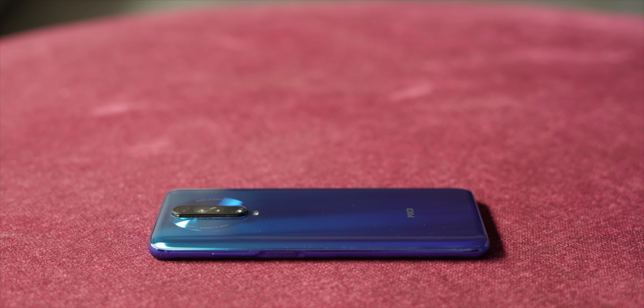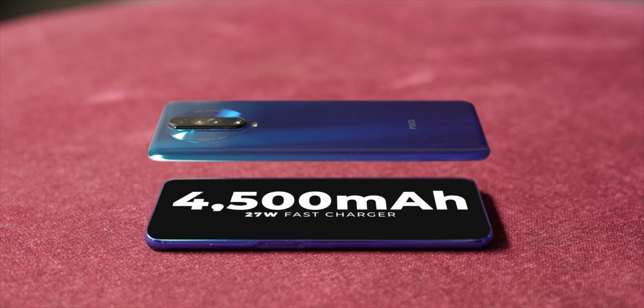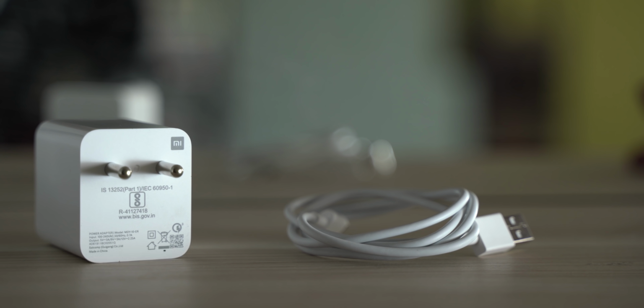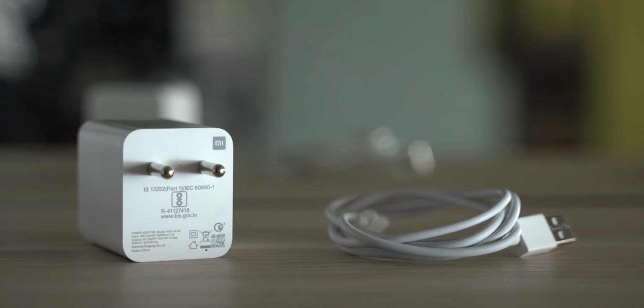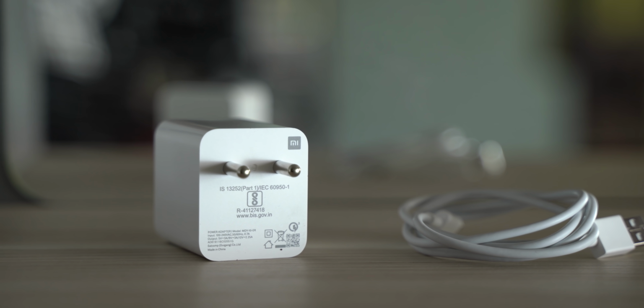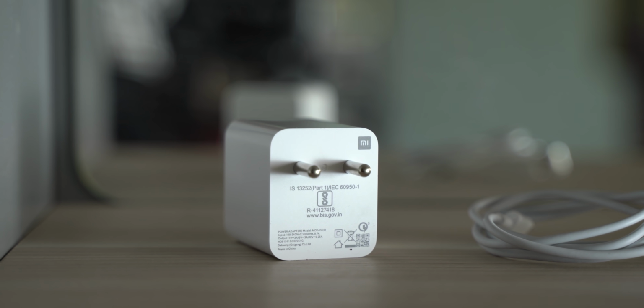Next up is the battery. The Poco X2 packs in a big 4500 mAh battery. So yeah, this is the reason it's kind of a hefty phone. Anyway, on the charging front, it's great to see Xiaomi or Poco bundling the 27 watt fast charger in the box. This charger should be pretty fast, and it will be interesting to see how fast it charges this big battery. But that was a good look at the brand new Poco X2,